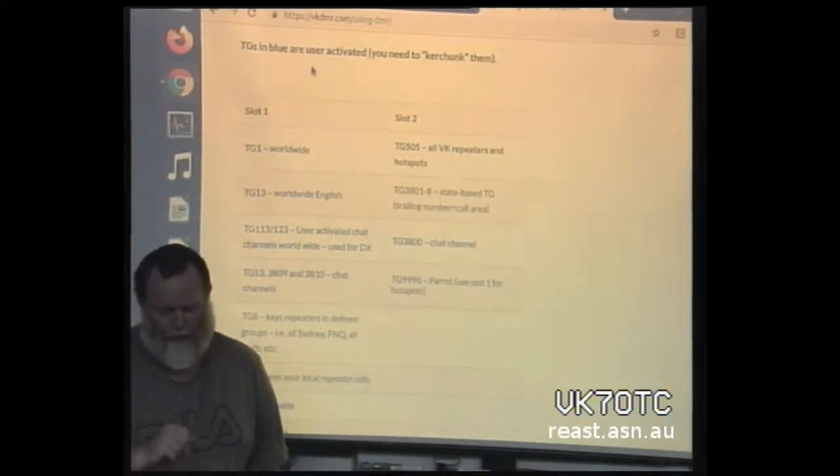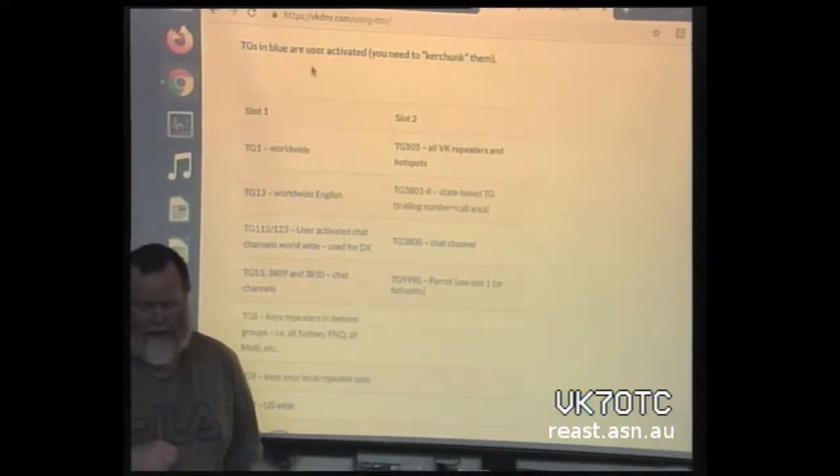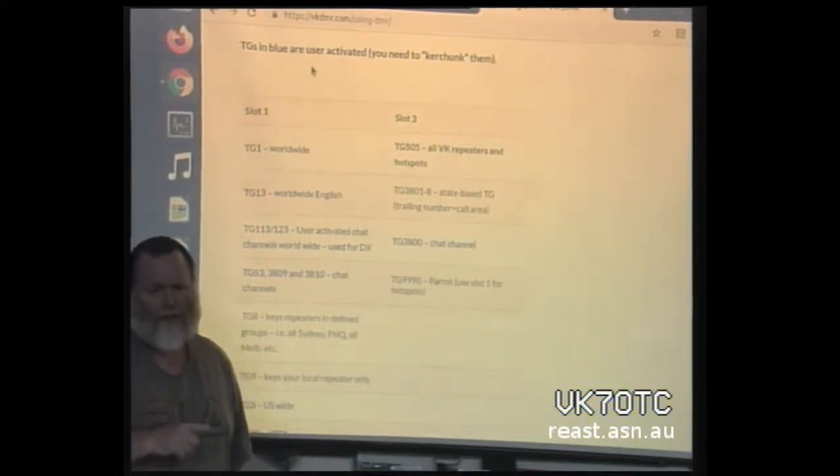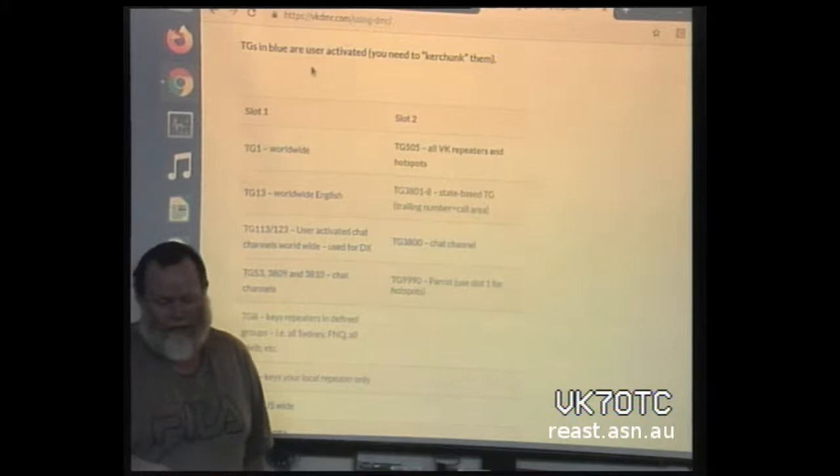I think that's all. There might be others, but that's the three that I'm definitely aware that it does. And you say, well, that's the same as keying up on 3807. Yes, to a degree, but no. In that 3807 will key up any repeater that is monitoring that talk group, irrespective of where it's physically located, whereas talk group 8 will only key up on the ones within VK7 that have been configured on the server that it's talking to. So that's server-based configuration that the end user has no control over, but it's set up